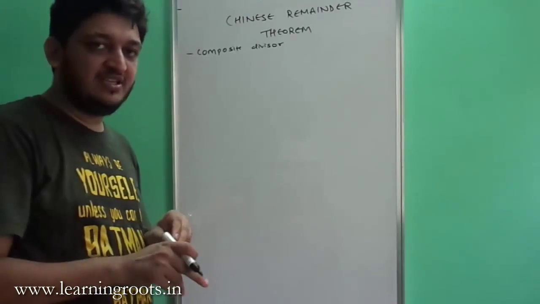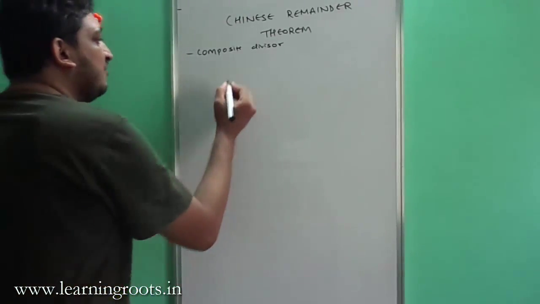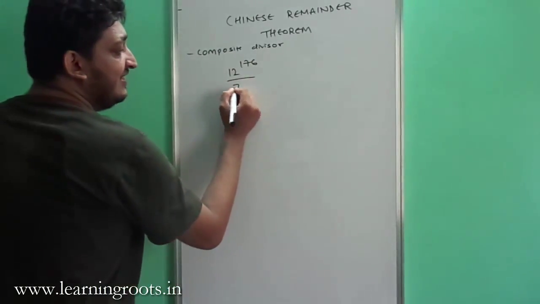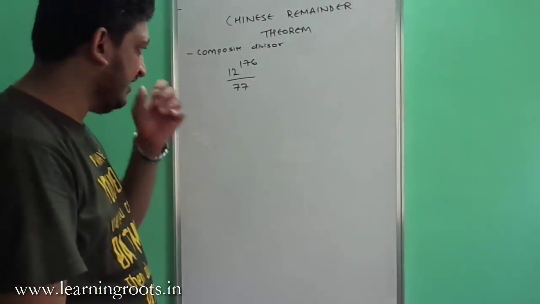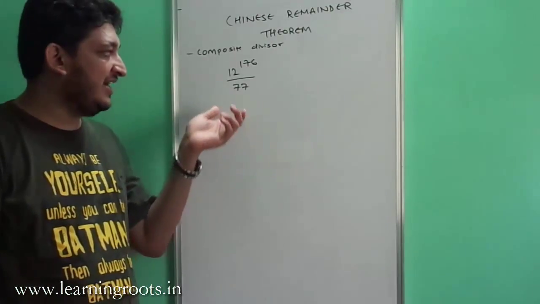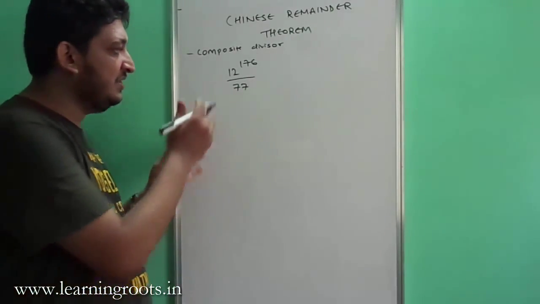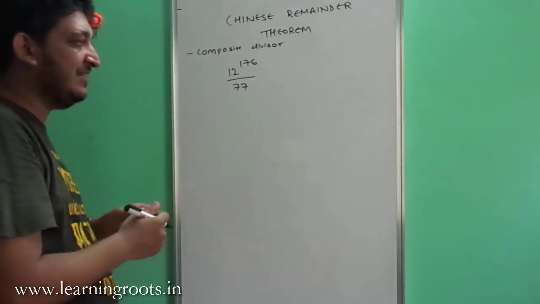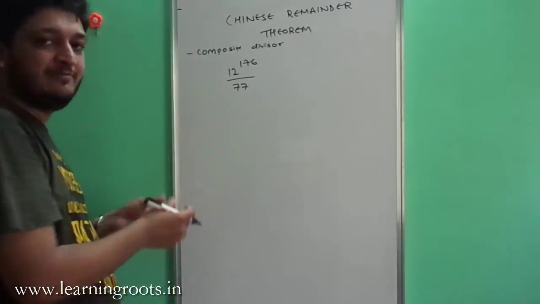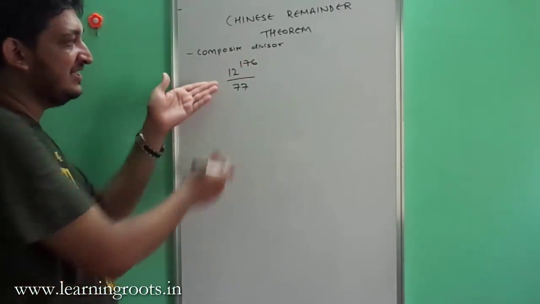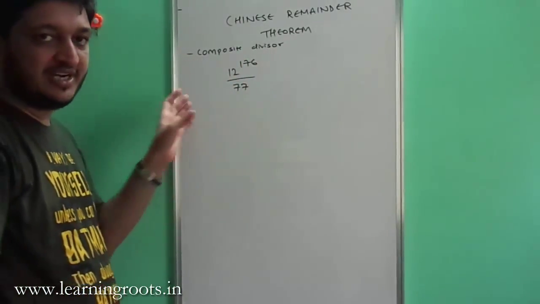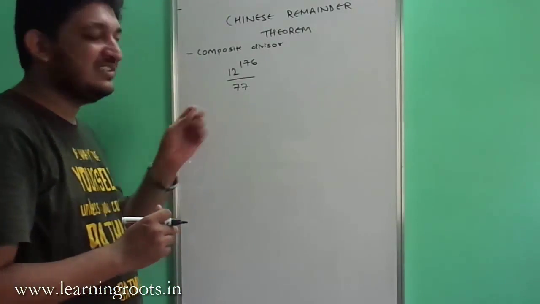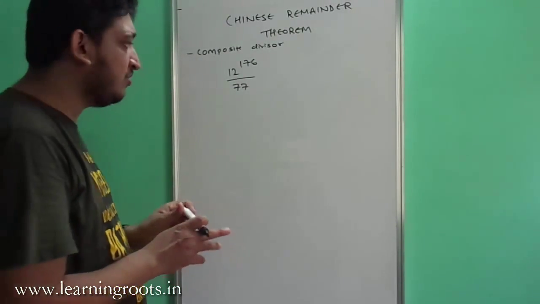So let's say for example there is a question on the lines of 12 raised to 176 when it's divided by 77. If you try to find Euler's number for this question, then you will have to do 1 minus 1 by 11, that is 10 by 11, and then 1 minus 1 by 7, that is 6 by 7, and then you will end up with 60, and then you will be left with a higher power, that is 12 raised to 56 will remain if you try to do it that way. So then it becomes very tedious for you to do. So in these kind of questions, the Chinese remainder theorem is probably the best approach to go about.